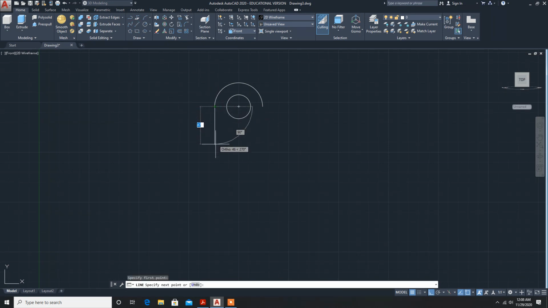draw a straight line of 60 mm, and this length is also 60, and this is also 60, over. Now you have to use the region command, region, enter. So you have to select these objects,